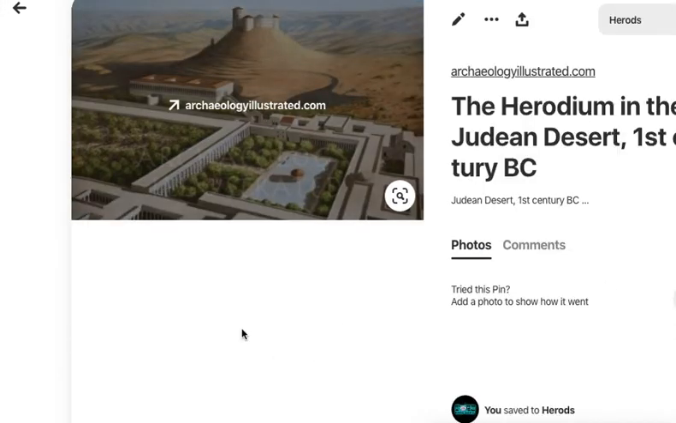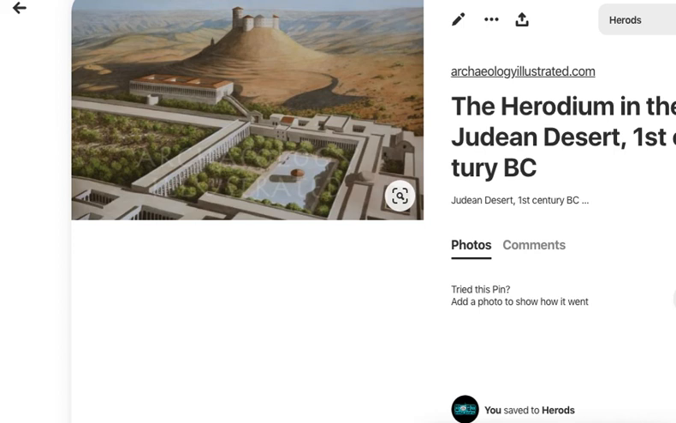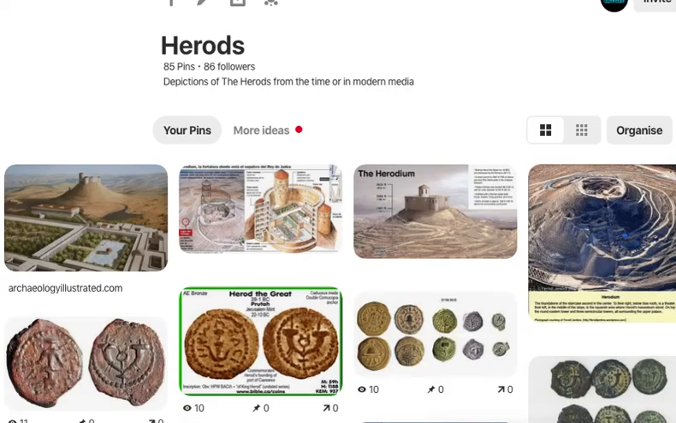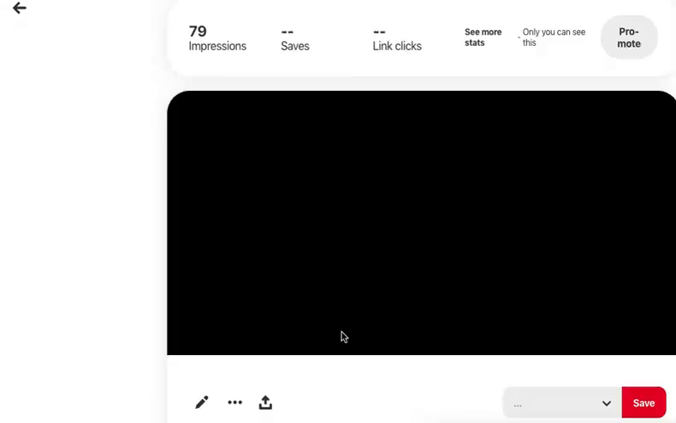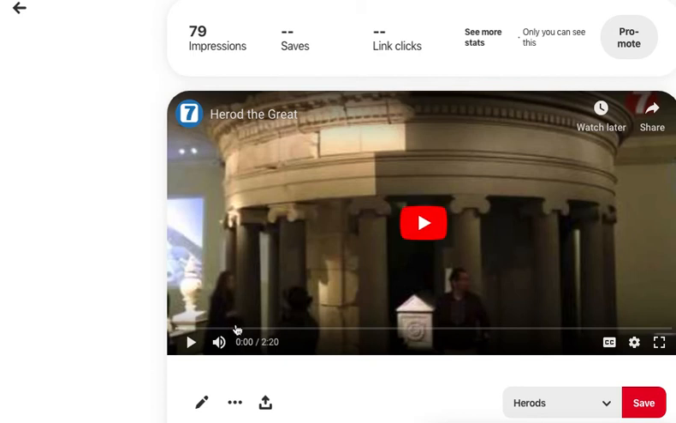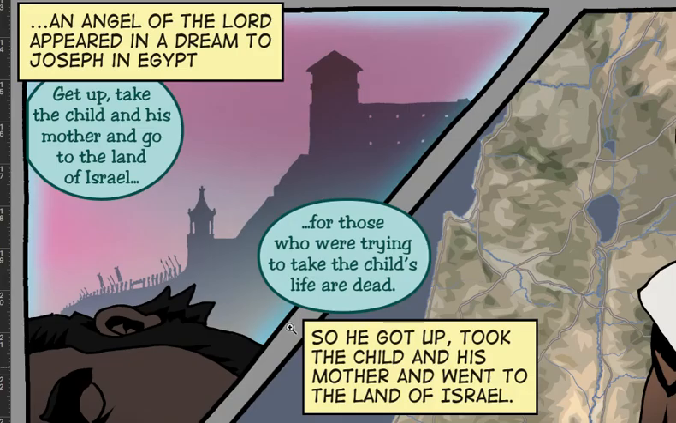So in this Archaeology Illustrated, you can see the mausoleum. And then in the Herod exhibition that was in Egypt, there's a video, and in the video you can see what the mausoleum was like. And so, using other pictures that are even better than the ones I just showed you,